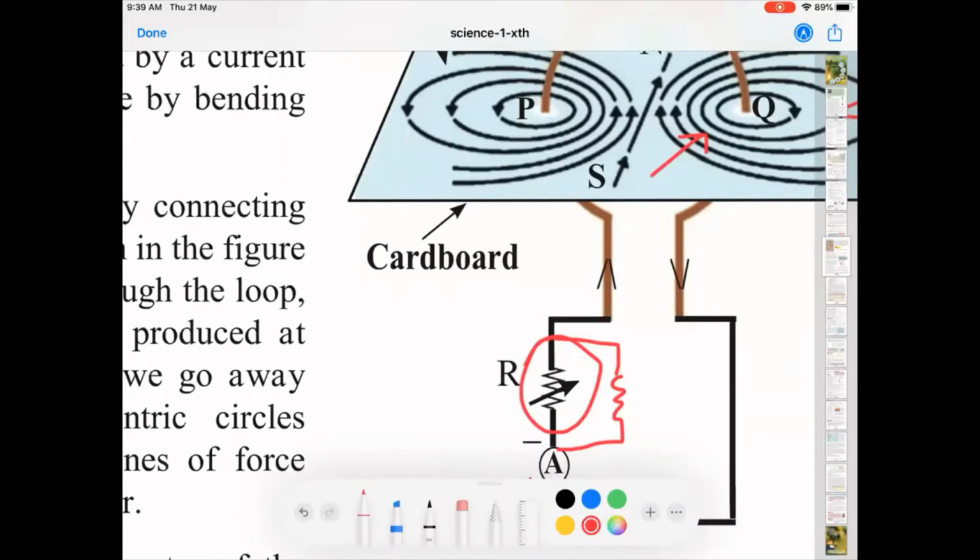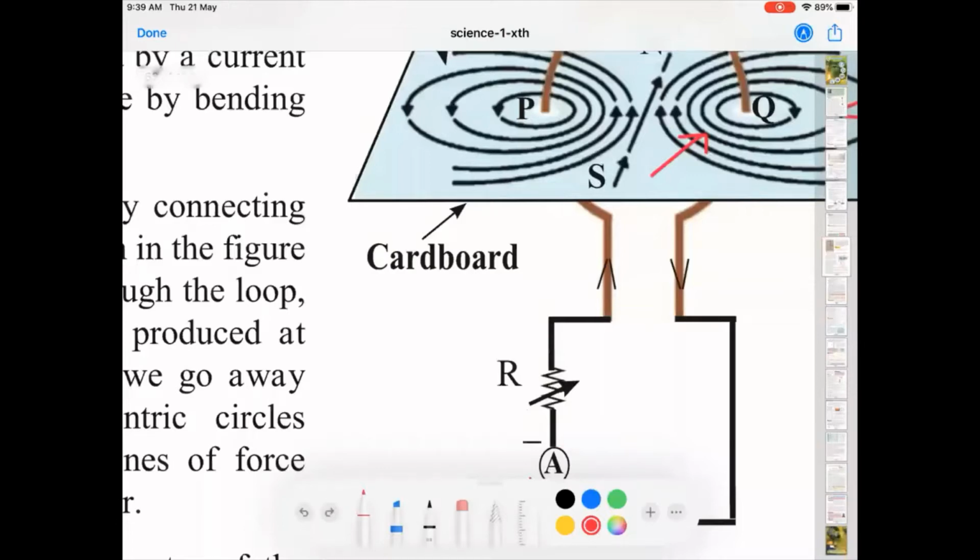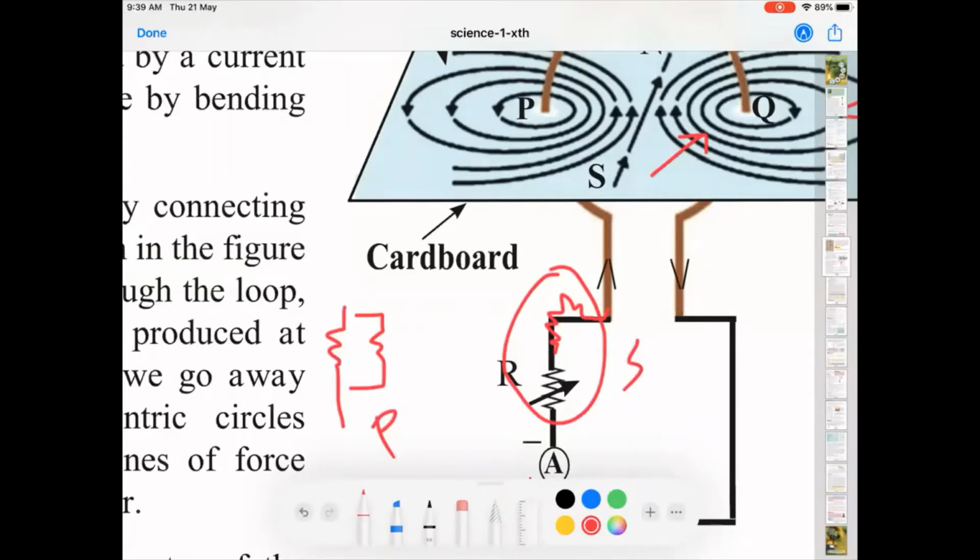Then they had given a similar diagram beside this diagram, and what they had asked is in which case the magnetic field will be more. The next diagram beside this had one more resistance, which was basically in series. So they had created a diagram with the first case, a normal one along with the parallel resistance, and the second one, so this is parallel and this is series. Now, in series the resistance increases. If the resistance increases, the current flowing through the conductor decreases, right? The question was, in which case the magnetic field will be more.